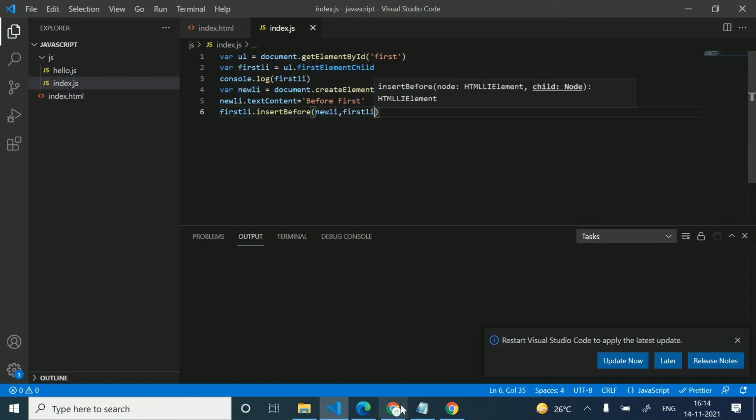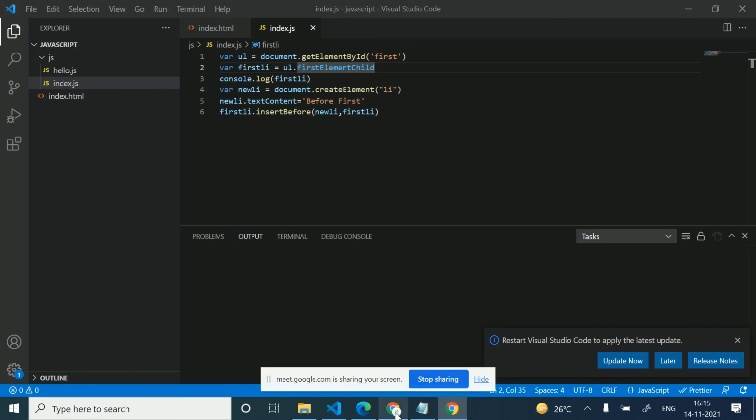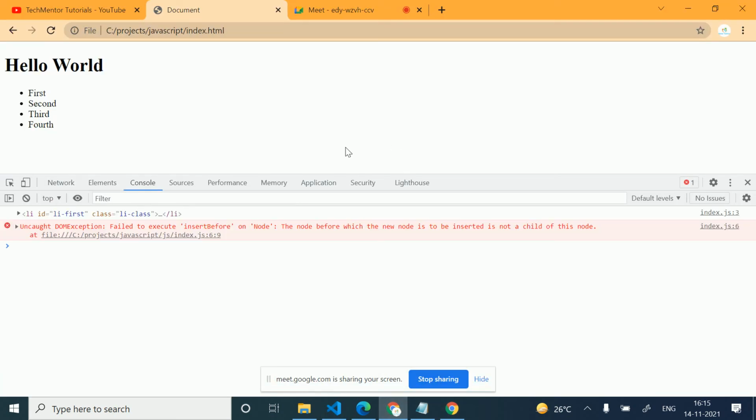This is the position, before which element I want to insert this new li. insertBefore takes the new node, and the reference node, which must be a child of this element.